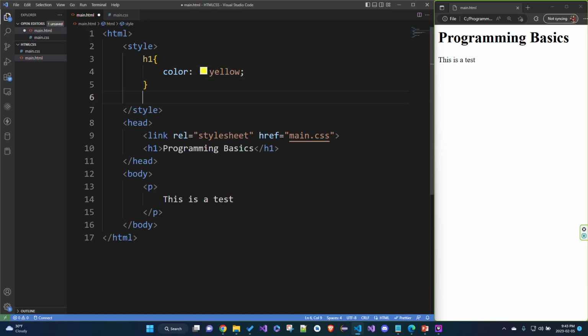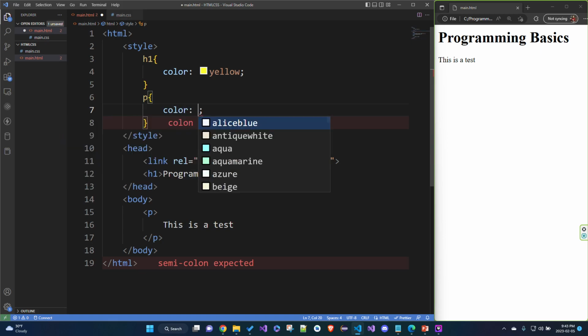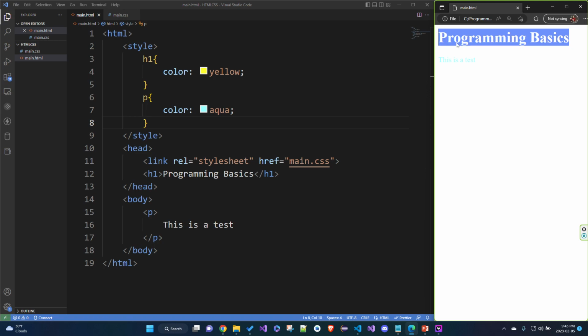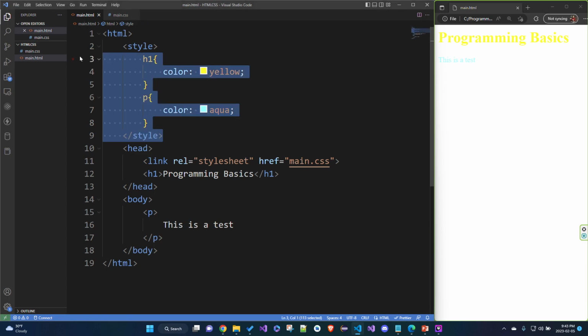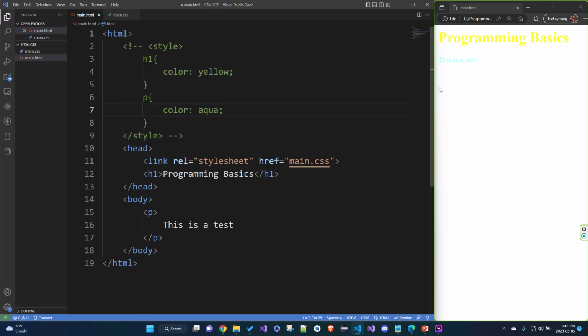and if we have a p tag, we can set its color to aqua, sure. Now if we save this and we refresh it over on the right side, it comes through again, right? So we have the aqua color here, and we have the yellow color here. It might be hard to see because it's yellow, but it's there. Now, let's try commenting this out for a second here. All right. Now let's save, refresh. Now it's back to regular again,